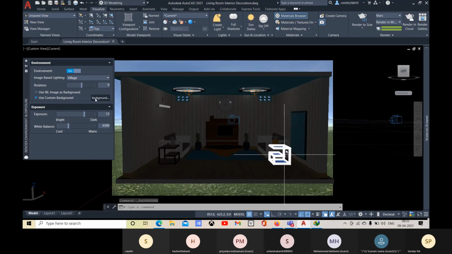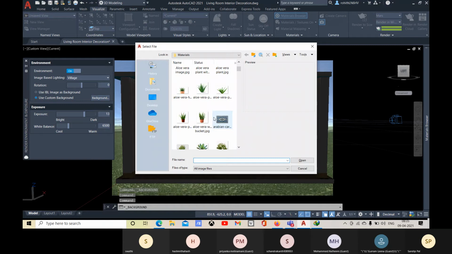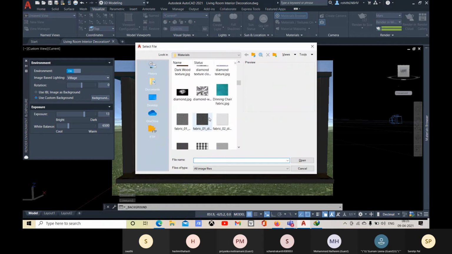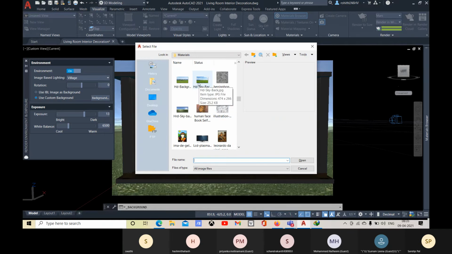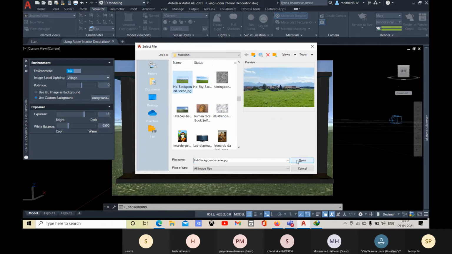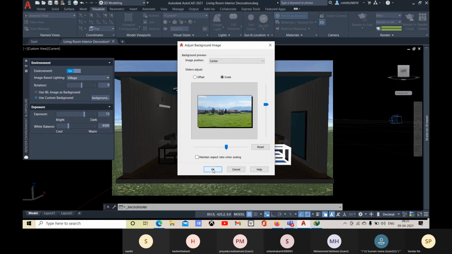Okay, so you need a bigger image. Let me change the image. Let me choose this one. Yeah.